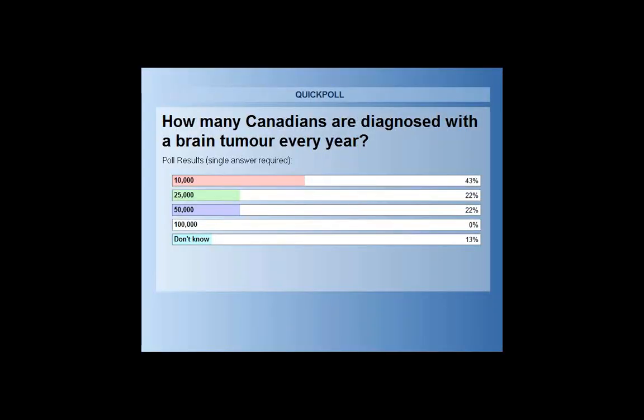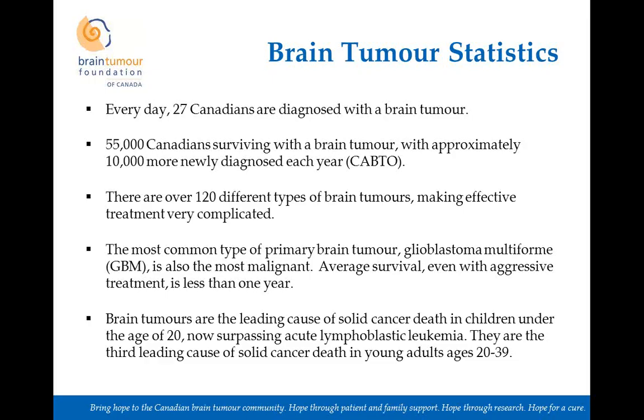So that's great. We do know that 55,000 Canadians are surviving with a brain tumor, with approximately 10,000 newly diagnosed each year. And this is a statistic from CABTO, which is the Canadian Alliance for Brain Tumor Organizations, which is an advocacy group. And we are a member of CABTO, so this organization advocates on behalf of the brain tumor population across the country. And so with the statistics, we know that every day 27 Canadians are diagnosed with a